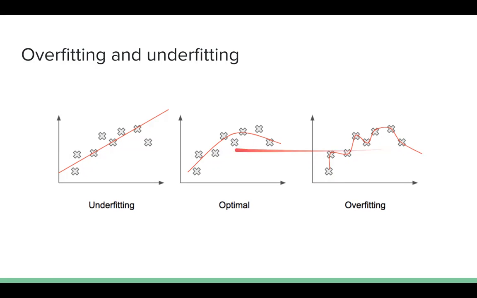We don't want either of these scenarios when we are developing a machine learning model. We always try to balance both underfitting and overfitting, and we try to find some optimal way of fitting a machine learning model such that my training error as well as testing error both should be minimal. So this is our whole idea behind how to train a model and how to achieve optimal results.